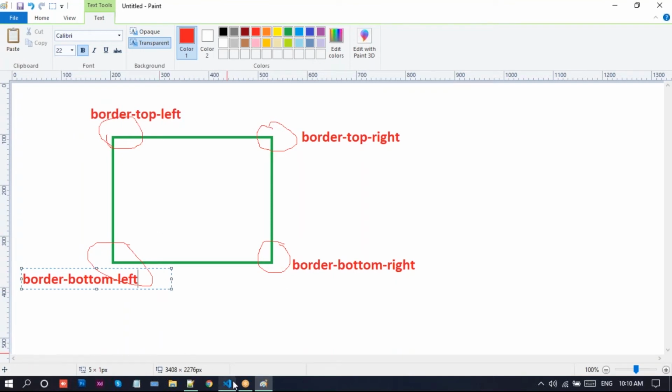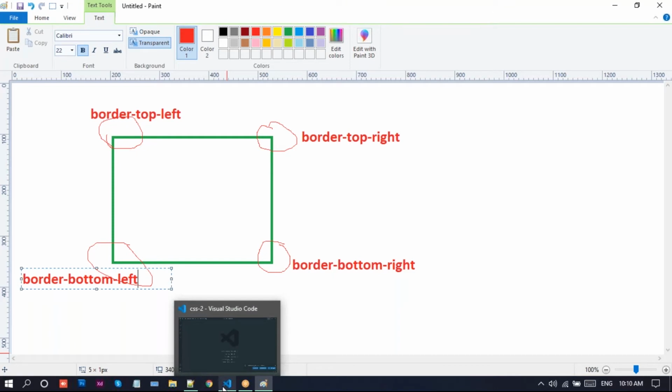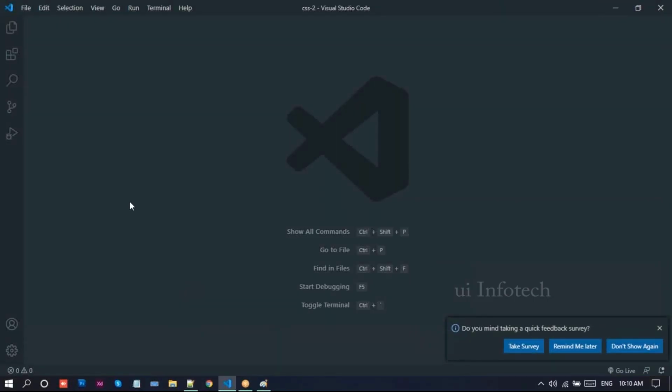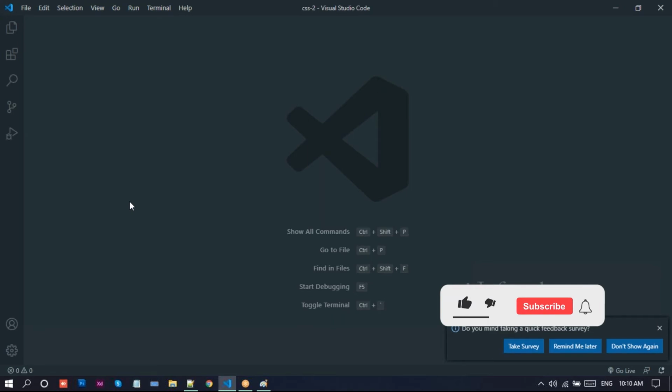I'll show an example of how to create this border radius. You know how to create the border radius, right? Using the border property, we can give the values there. So far we've seen only one value, like if you give 400, it will give this rounded rectangle.